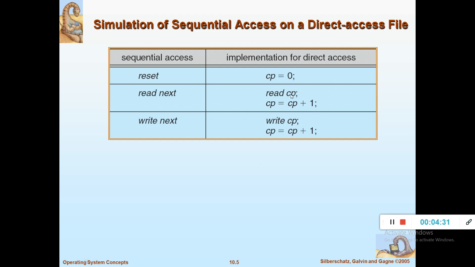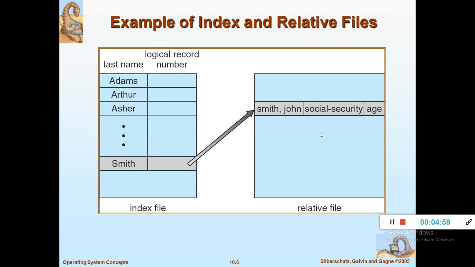So here you carry out the read operation first. You are reading the content of position 0, and then you move the pointer to the next position. Like that also here we use write next. You will go on writing one after another sequentially, but here we have to place the cursor at cp, and it will write from position cp, and then it will move to the next position, cp equals cp plus 1. So this is how we perform read and write operations in sequential and direct access.